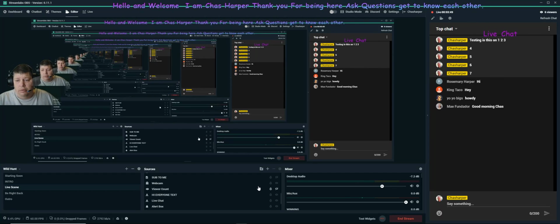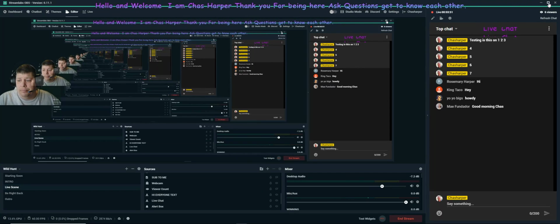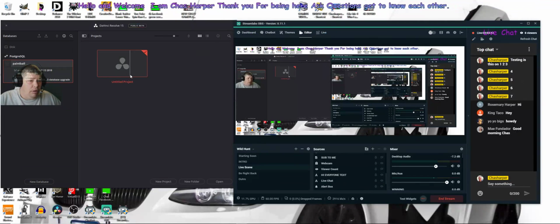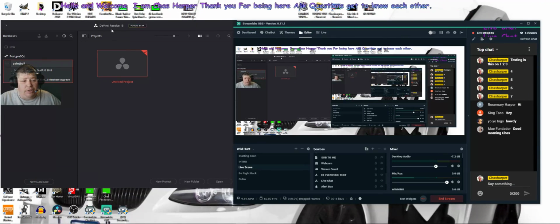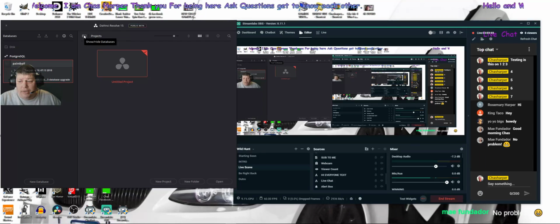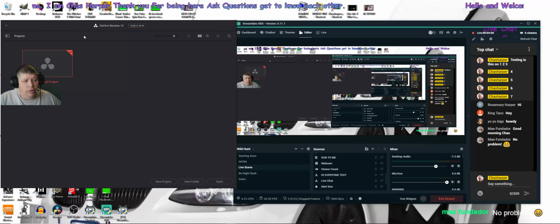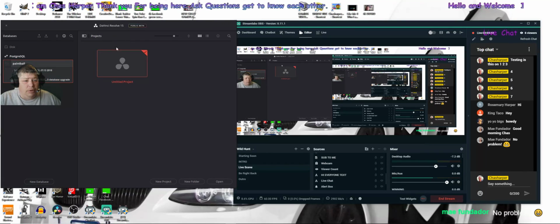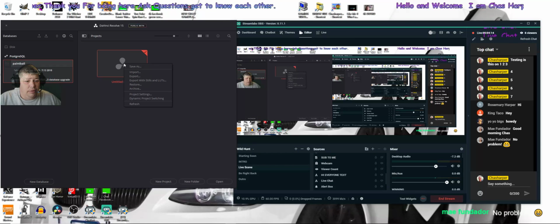Okay, well, let's get right into it then. Okay, first you open Davinci Resolve 15. When you do, right here under Projects, you'll see this little white tab. Doesn't really do much of anything. But if you right-click on Untitled Project and go to Project Settings,